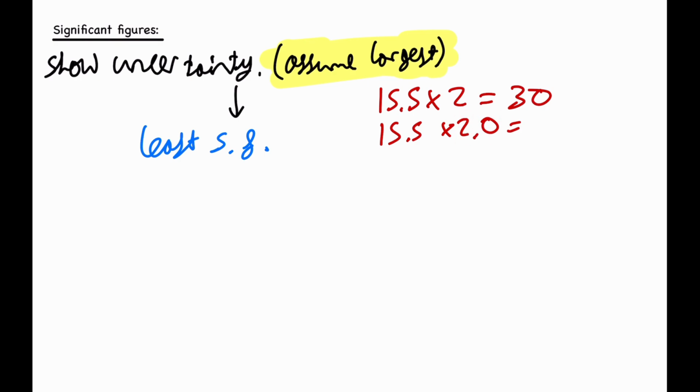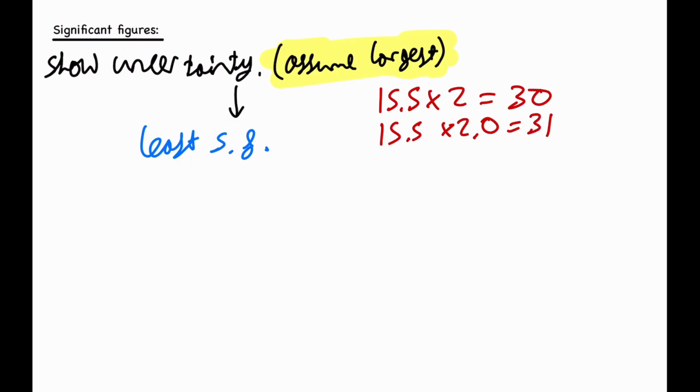Remember, significant figures include the zeros after. So say 15.5 has three significant figures because of the 1, 5, and the 5. And because it has no zeros after, it has only 3. But this one has 2 because the zeros after do count. So in this case, you will leave this as two significant figures, so you will leave it as 31 as